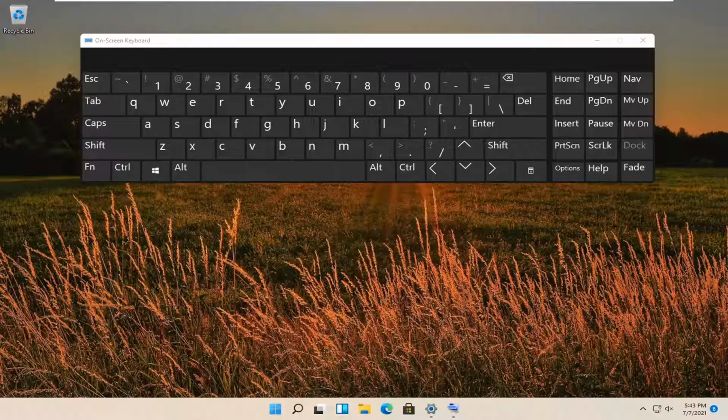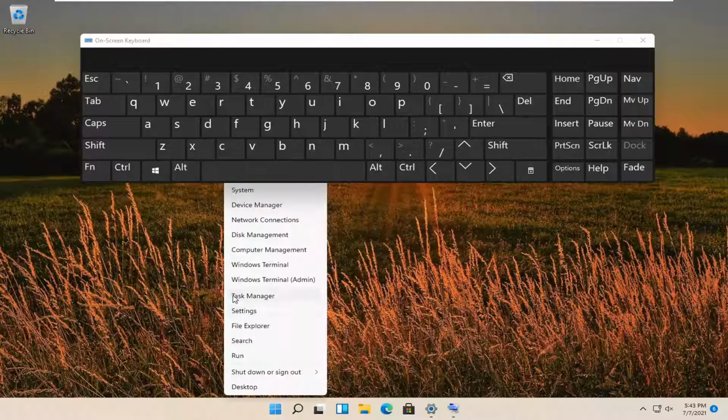In today's tutorial, I'm going to show you guys how to either enable or disable the on-screen keyboard on your Windows 11 computer. So this should hopefully be a pretty straightforward process, and without further ado, let's go ahead and jump right into it. So all you have to do is right click on the Windows Start icon and select